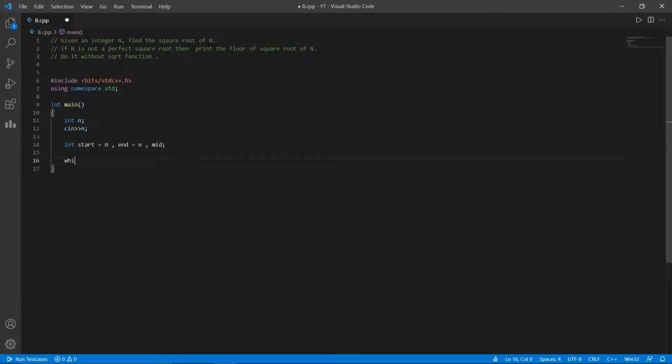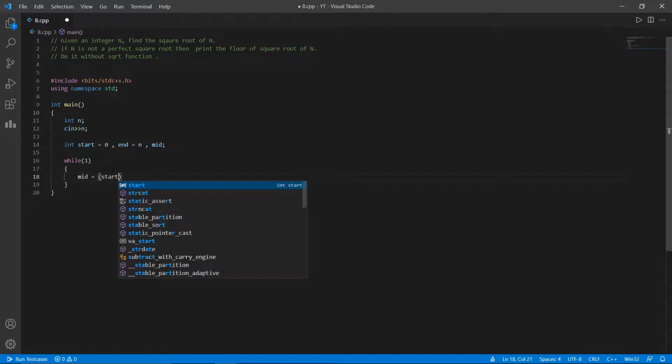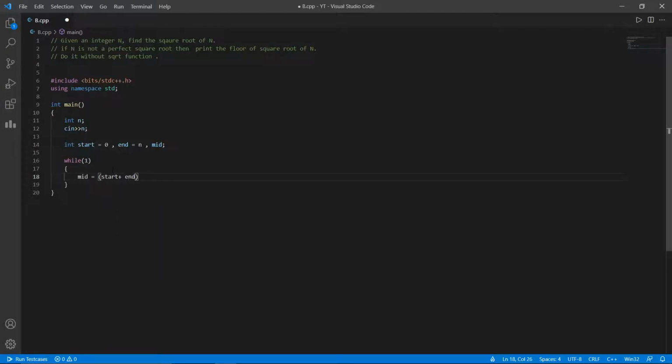Okay, we'll loop. Now it will be true all the time, and we'll break from this loop with a condition. Now we'll take mid equal to start plus end by 2. If start is greater than or equal to end, or mid equal to start, or mid equal to end, then break.